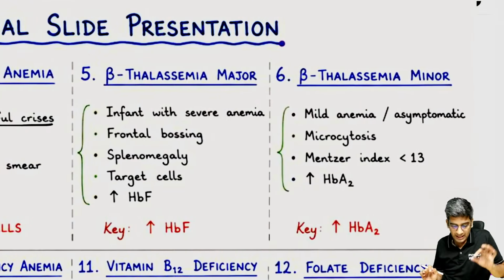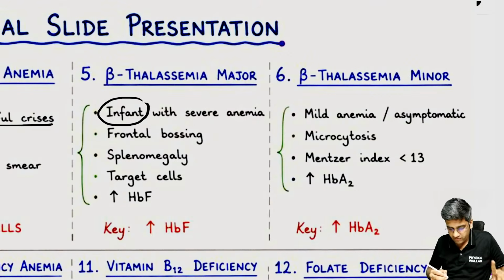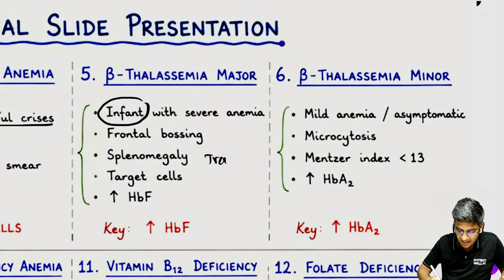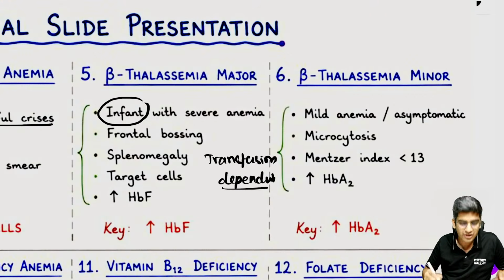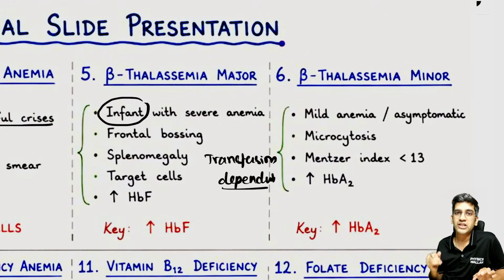Great. Okay. Beta-thal major. The clue is here: infant. And one more important piece of information for beta-thal major. If you see any question calling this transfusion dependency, there's no anemia for an undergraduate. It is transfusion dependent in beta-thal major. Without transfusion, the kid will not be able to survive. Presenting early in life, at 6 months of age, is thalassemia major, right?